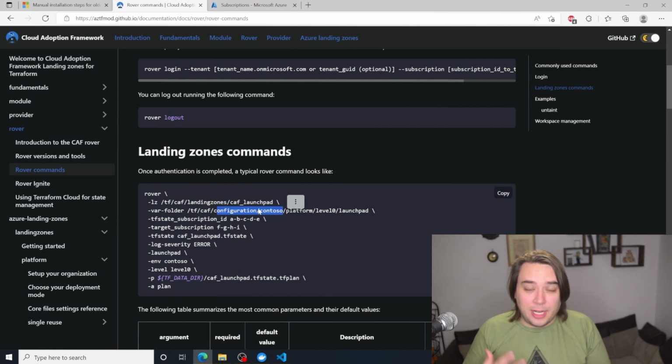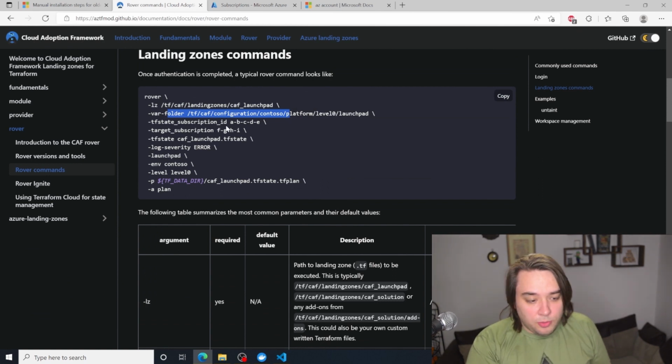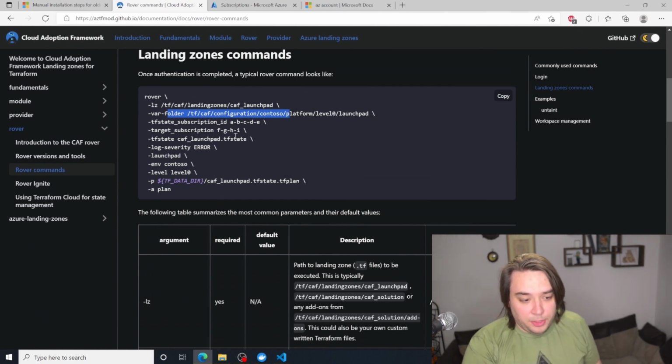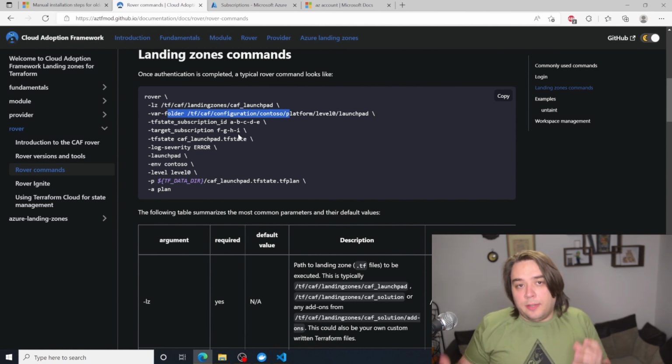This is quite new and was released in March 2022. So I am going to go ahead and try along with you guys to get this deployed. It allows you to quote what subscription ID you want to target, and it'll allow you to name your TF state.